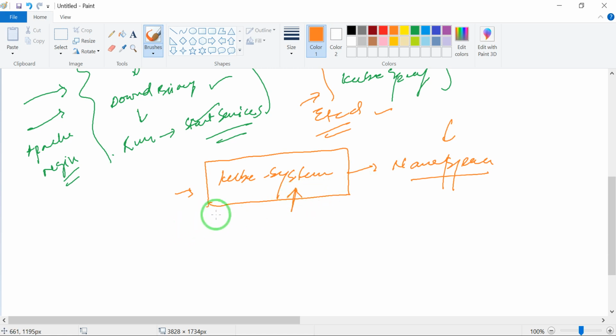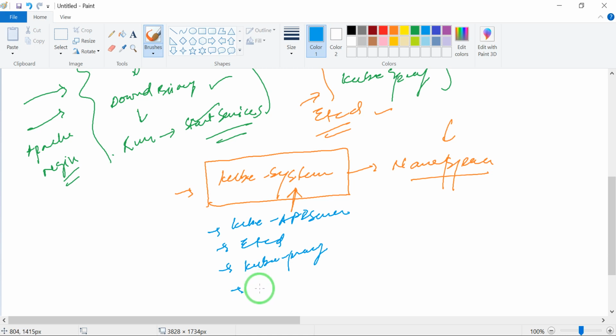Your kube API server, your etcd, and your kube proxy, if you have worker nodes, and we have the controller node. We also have kubelet.